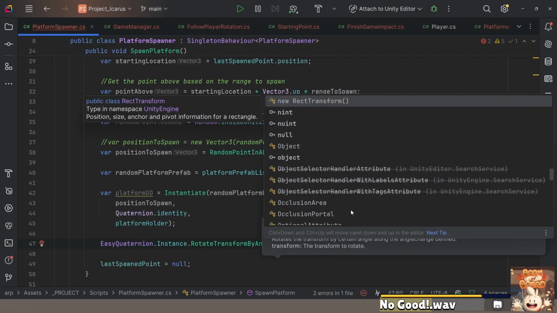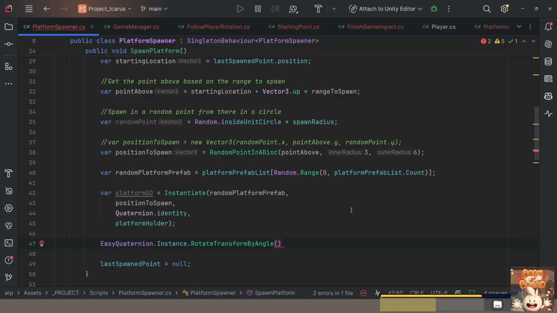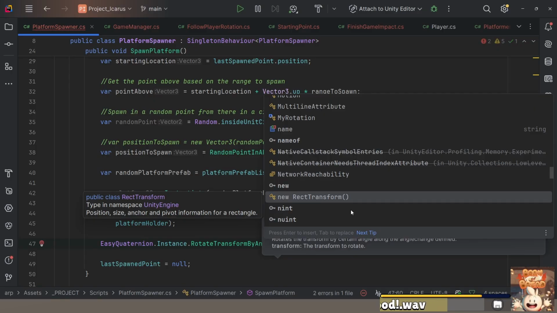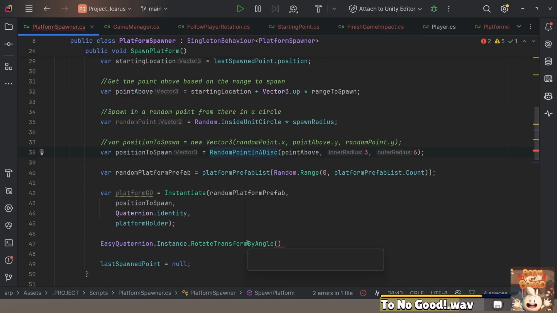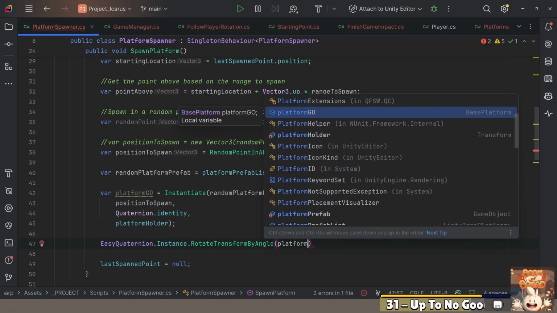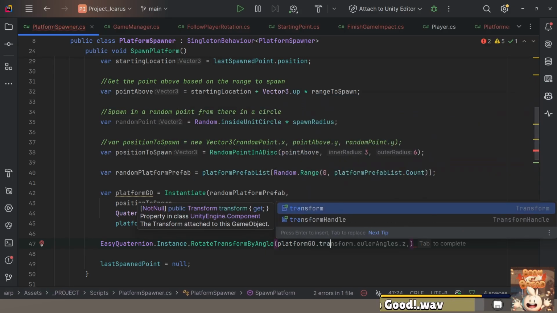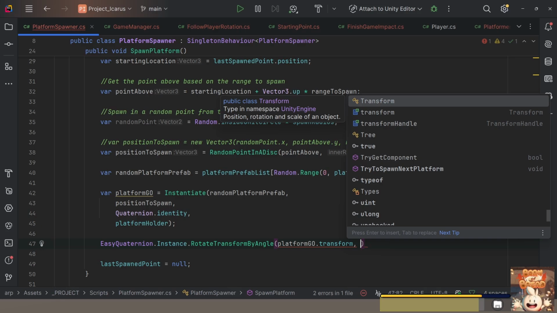So it's going to be... come on, what are you expecting? It's gonna be a rect transform. I don't know why it's giving me the transform, so I'm gonna guess that's the platform game object dot transform. Next,